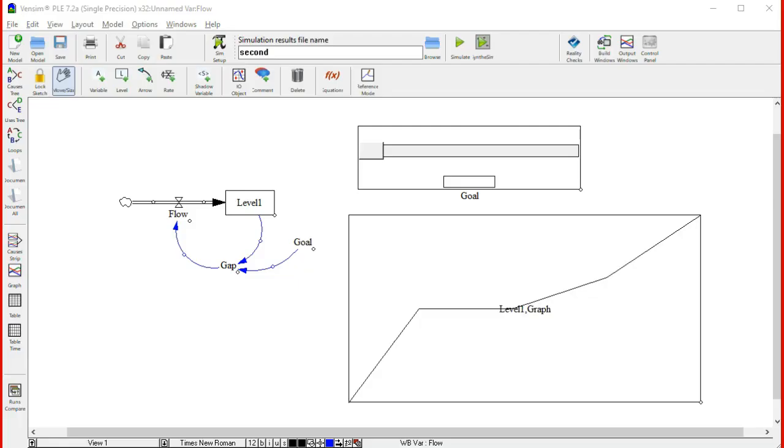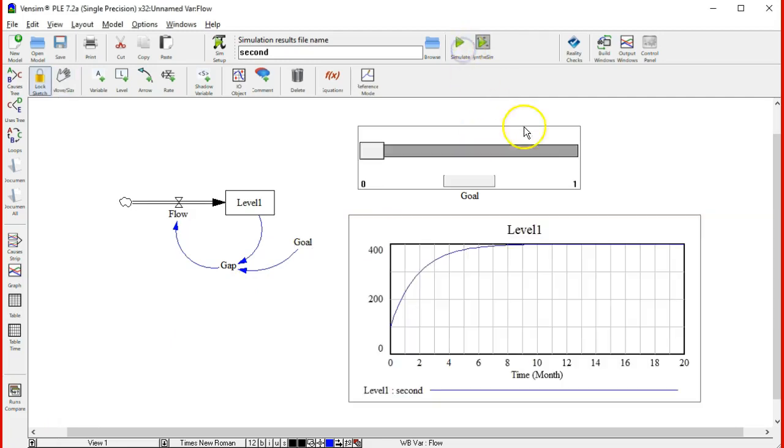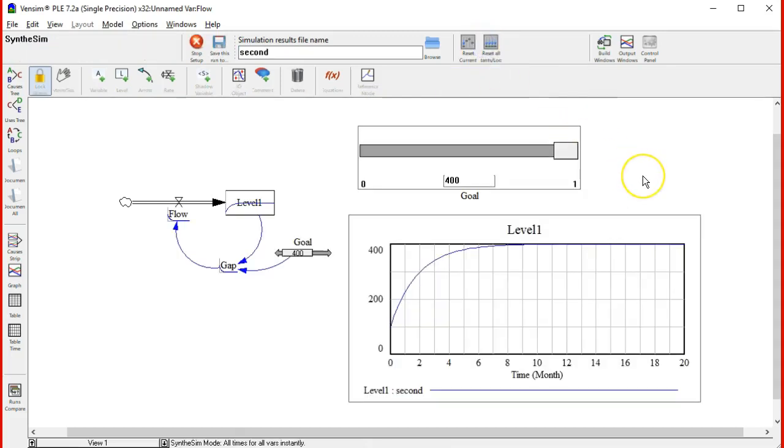Here we have a previous model that we have built in Vensim, and we mentioned that there are two ways to run this. The first one is to run simulate, and this will run it once, and it's saved and it's static. But there is another way to run it, and we can run it in a continuous way. This is running in the background, continuously updating, and if we change the parameters, say for instance the goal, we can see the goal being